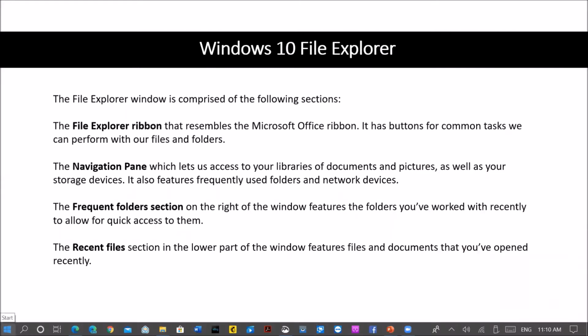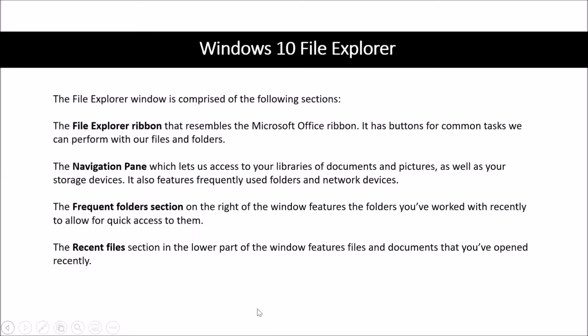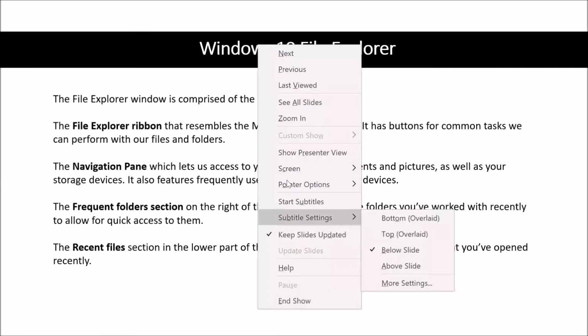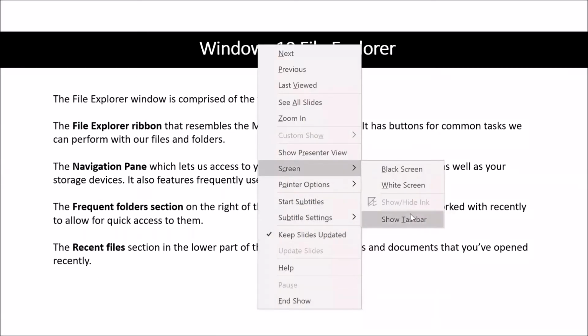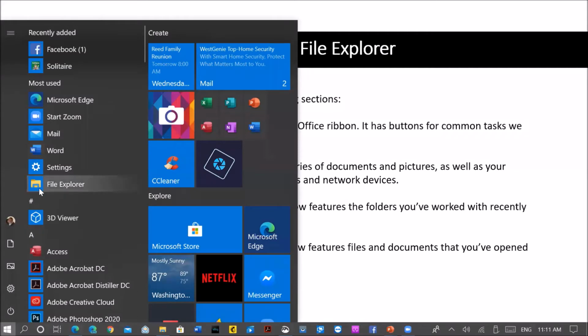So if I go here to my Start menu and I right-click, you'll see where File Explorer is available here. Likewise, if I click on the Start button, you'll also find it in this case, it's most used, but it's also in